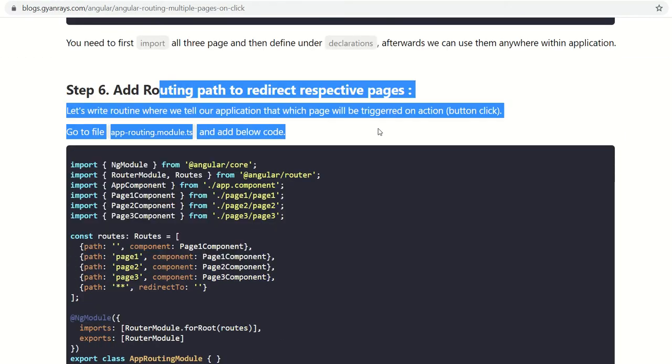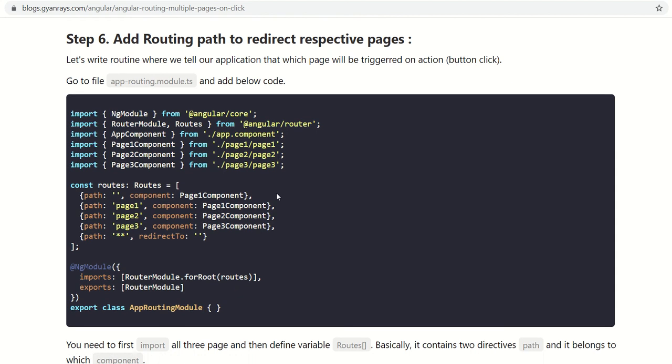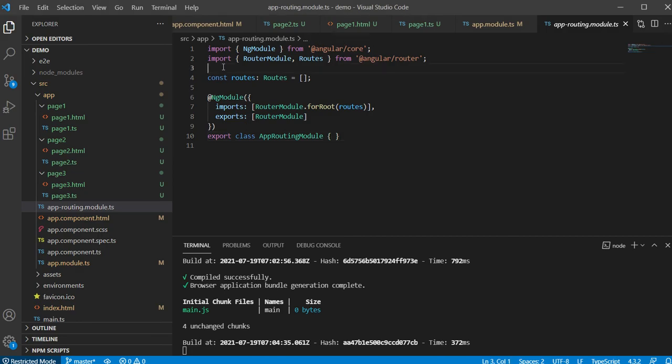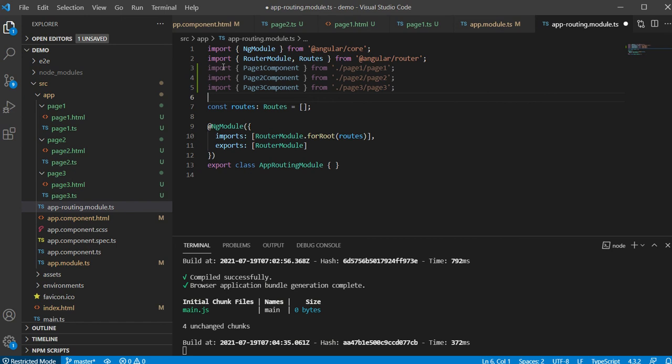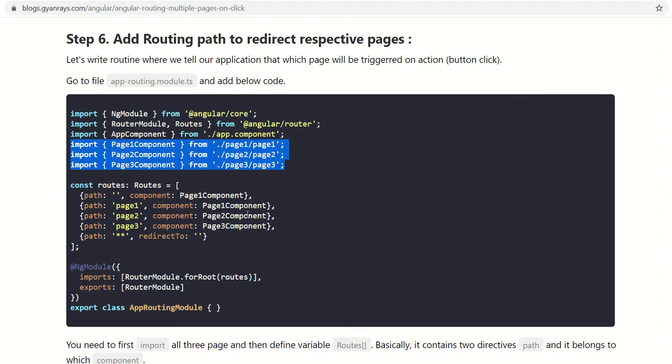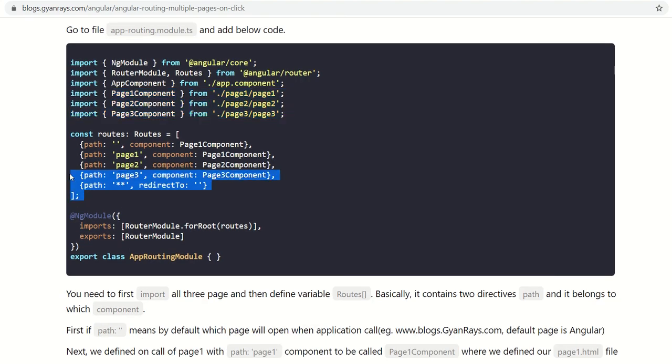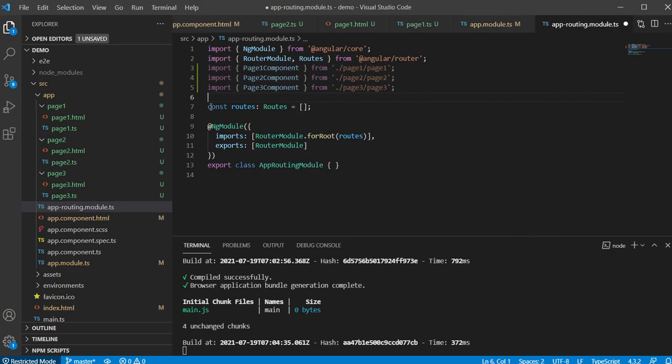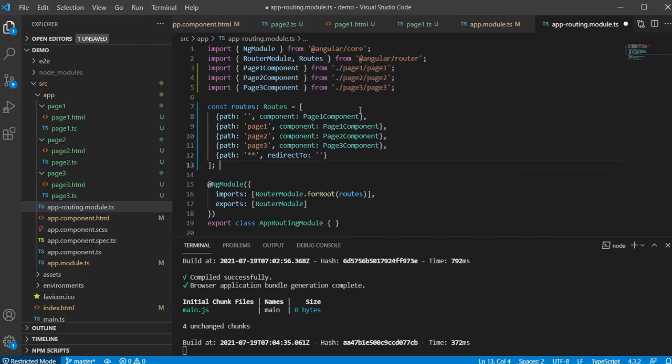Well, here is the code. In this file you need to import your pages the same way you imported them in your app module file. Now this is the routing path which you need to tell. This is the default constant variable. We are adding the path.